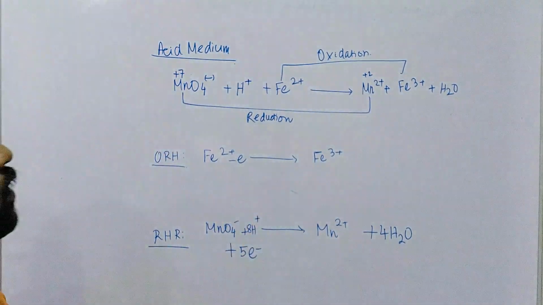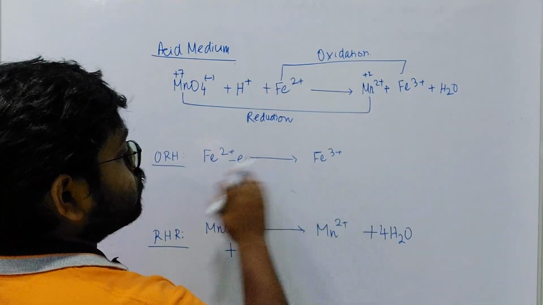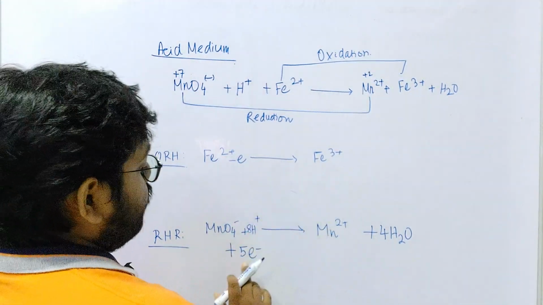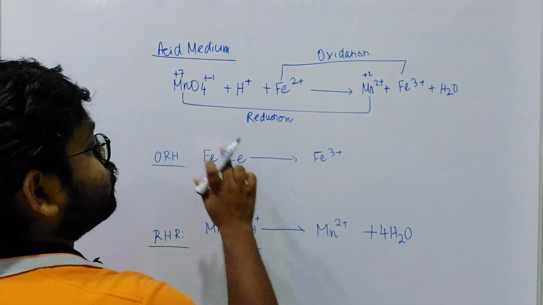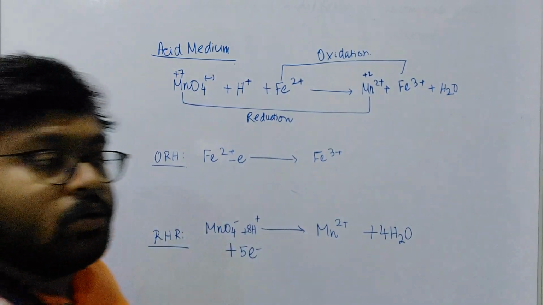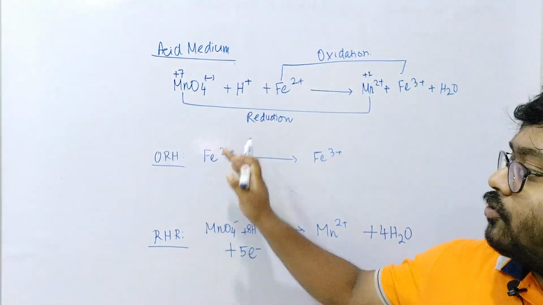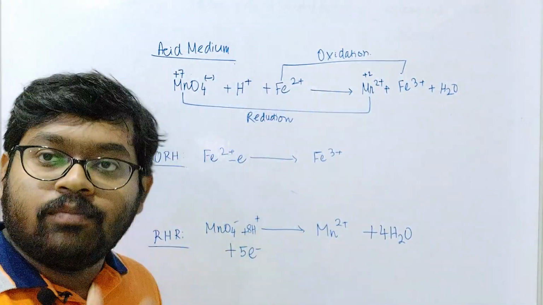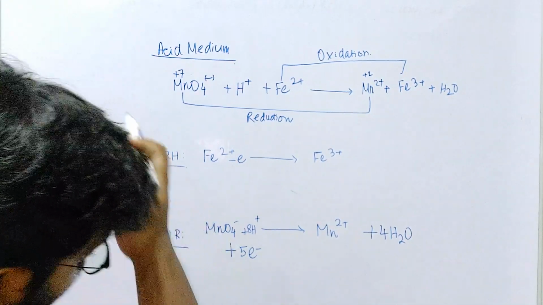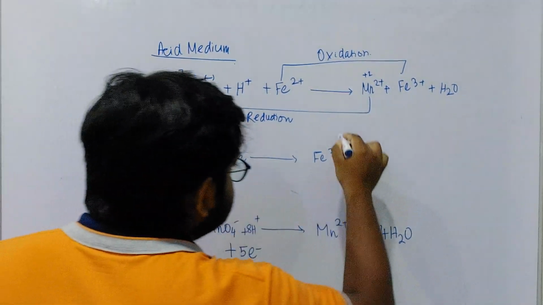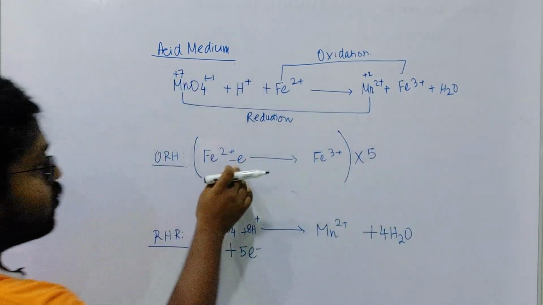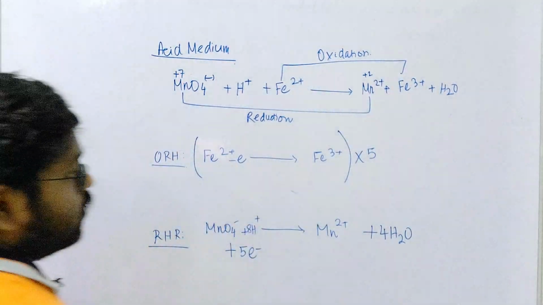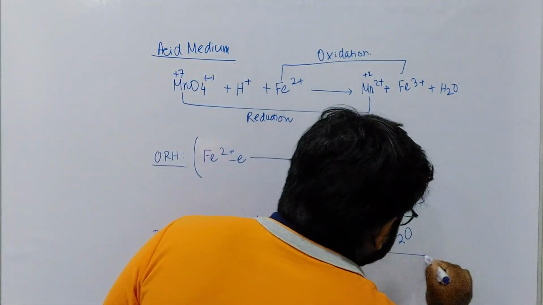So it is balanced. It is already balanced, so we don't have to add or deduct anything else. We have already done it before. So 5 electrons plus 1 electron minus. Now remember one thing. We need to make sure the number of electrons gets cancelled when you add both the reactions. So just multiply this equation with 5, so that 5 electrons and 5 electrons cancel out each other when we add these two reactions. So this is equation number 1 and this is equation number 2.